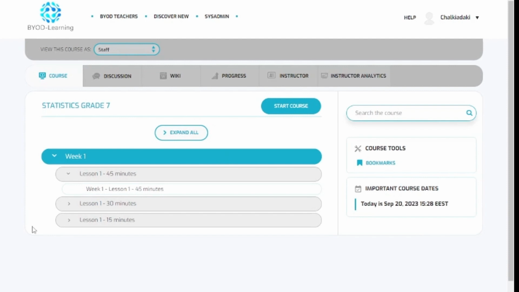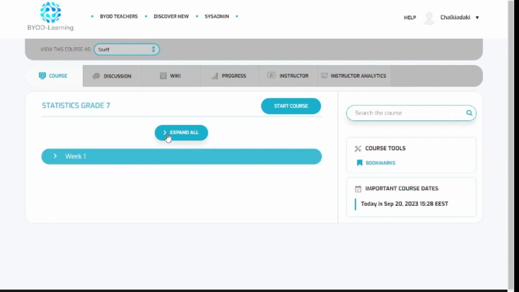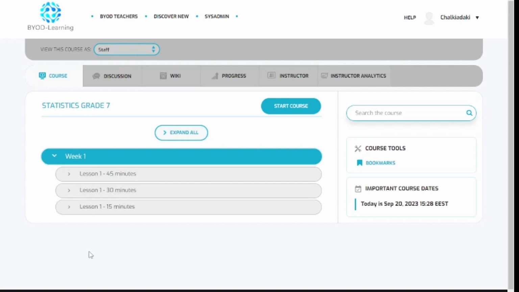Now, once we open the course, by default, the structure appears this way. We can click and expand all available units, or collapse all and have it all under the first section that has been released here. We should go through the structure as it appears, one by one. Since it's the first time, we can simply click on the Start Course button,